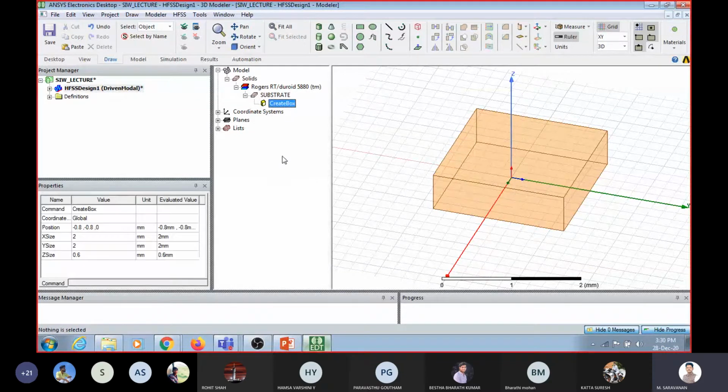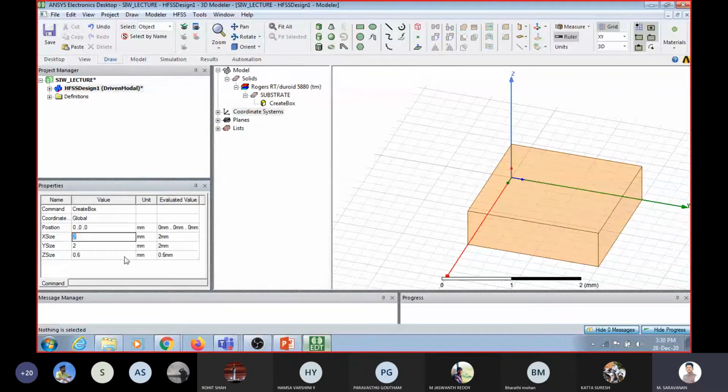Okay. Next, I want to change the position. So if I change it to 0, 0, 0, what will happen? From the center origin, what is the x size? 2 mm. 2 mm length it will grow. Y axis, this is this side. 2 mm it will grow in this direction, and z axis 0.6 mm the thickness it will drop.